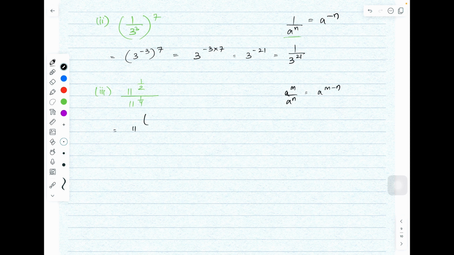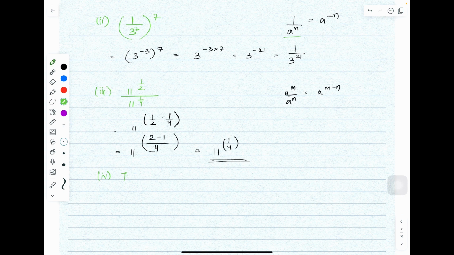11, m is 1 by 2, n is 1 by 4. When you solve it, it is by 4. This is 2 minus 1. So this is 11 to the power 1 by 4 is the answer. Understood? The fourth one